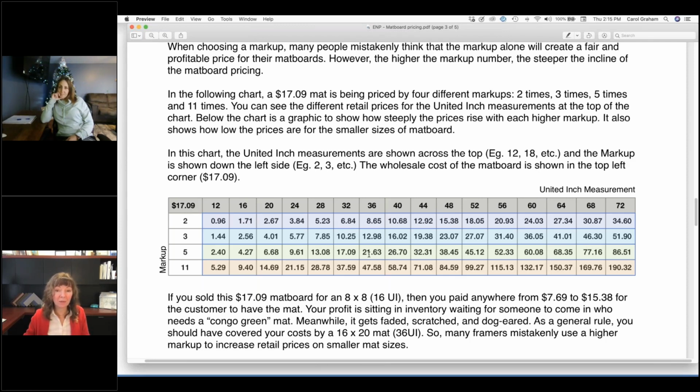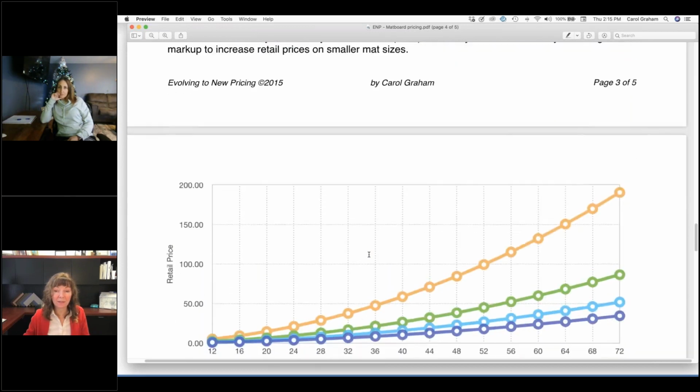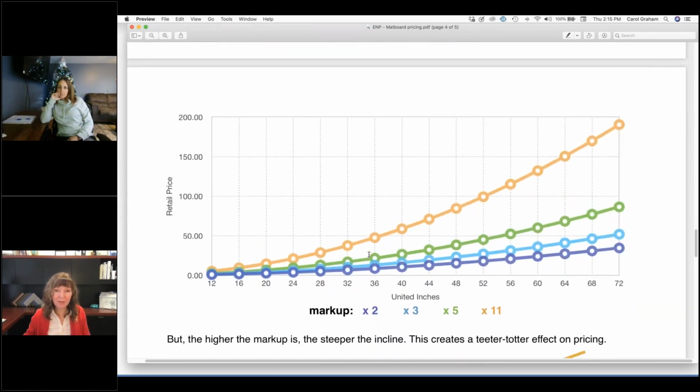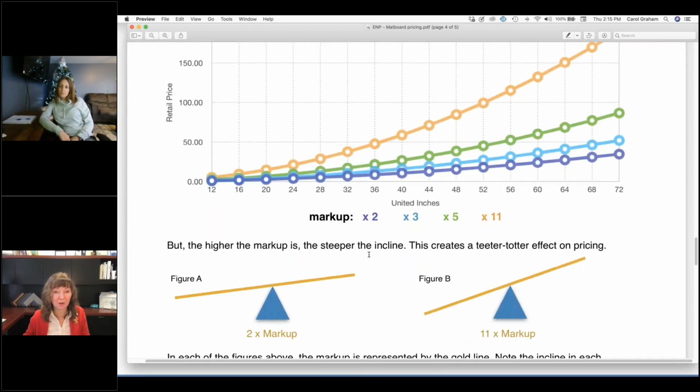So you're not using that markup. Let's take a look at it on the chart here. You get a very steep incline based on the markup that you select. So choosing your markup is really important, and I consider it to be something like a Teeter Totter, and that's